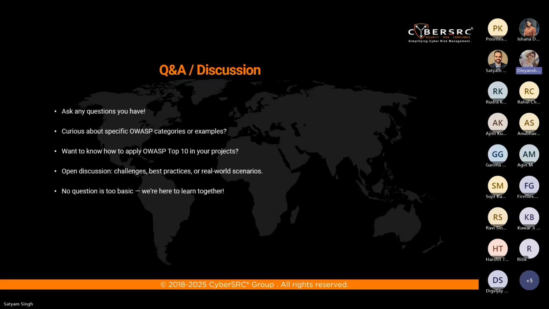And then the second new addition is mishandling of exceptional conditions. This category covers issues caused by improper handling of errors, timeouts, crashes, and unexpected states. Key vulnerabilities: improper error handling, as Divyanshi said, revealing stack traces, debug messages, and unhandled exceptions leading to crashes or unexpected behavior, and race conditions,